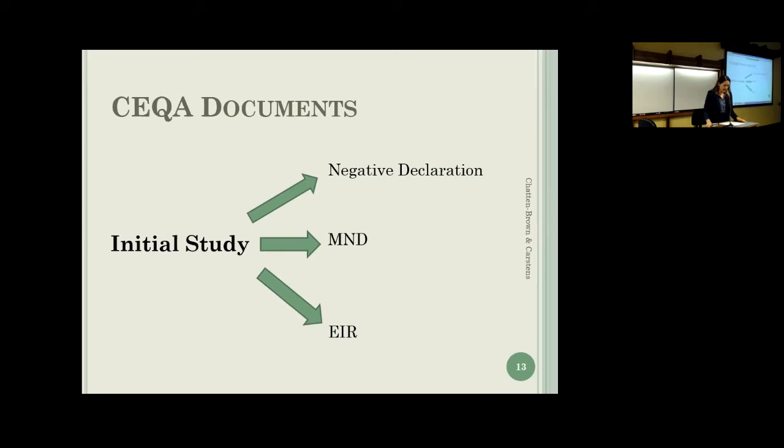Something we've seen in several instances is with historic districts, and what is the level of demolition that can occur to the district before it would exceed the threshold of significance and become a significant impact. I would argue that if you're demolishing anything that's a contributor to or part of a historic district, it should be considered a significant impact, but there are agencies that see that differently or have argued for that in a different way.